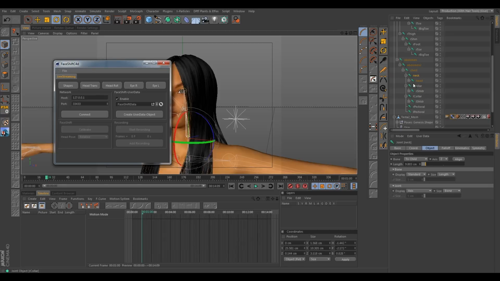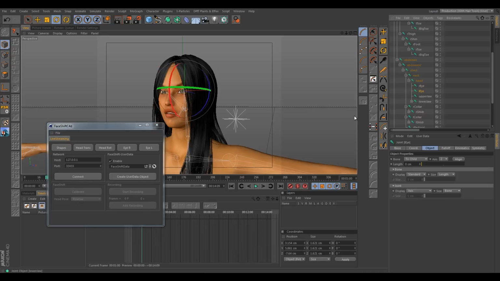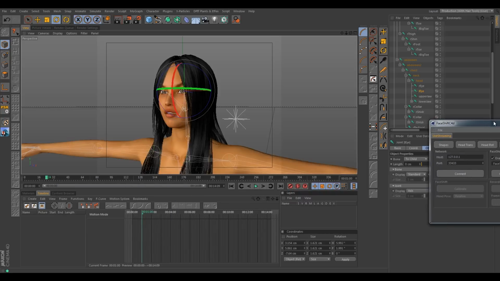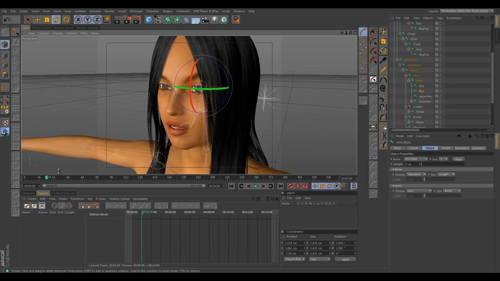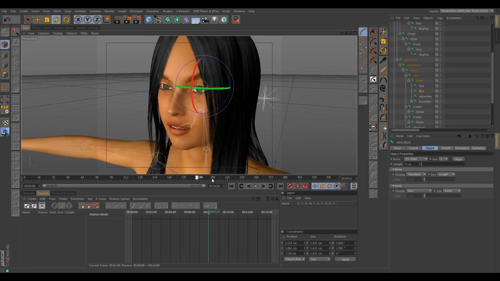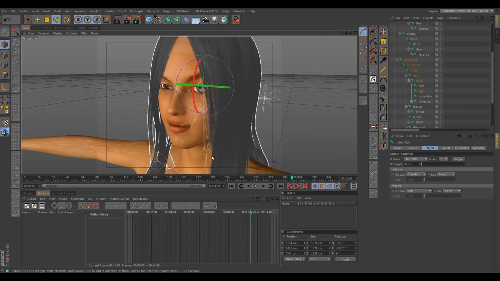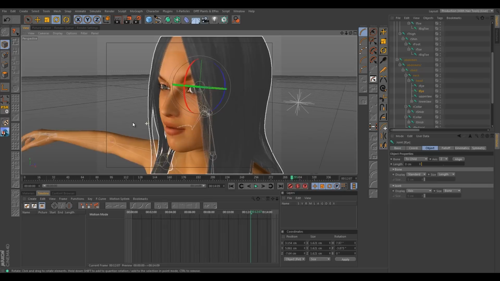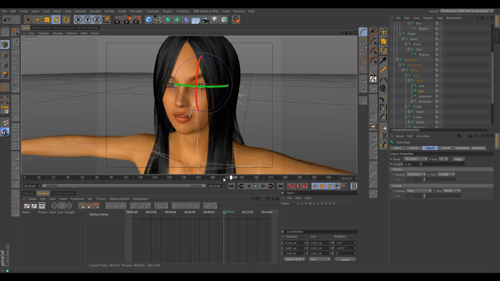So we can find the right eye, which should be attached to the head, and hit the right eye button, and then find the left eye and hit the left eye button, and now the eyes will also be driven by that same data. So if we scrub through now, we'd see that her eyes are moving. And now we've got a very, very good animation here. So she's got some really nice articulation, she's got some eye movement, the brows are moving.